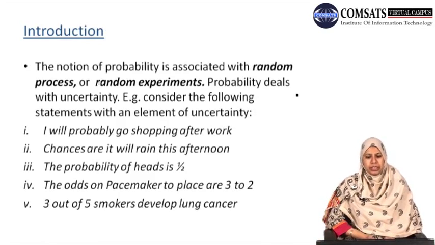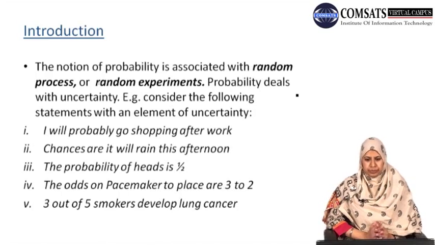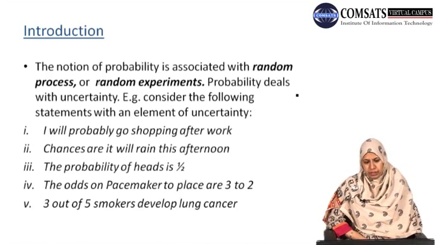Now the notion of probability is associated with random process or random experiments. Probability deals with uncertainty. For example, if we consider the following statements, all these statements contain an element of uncertainty. For example, I will probably go shopping after work, or chances are it will rain this afternoon. The probability of heads is 1/2. The odds on pacemaker to place are 3:2. 3 out of 5